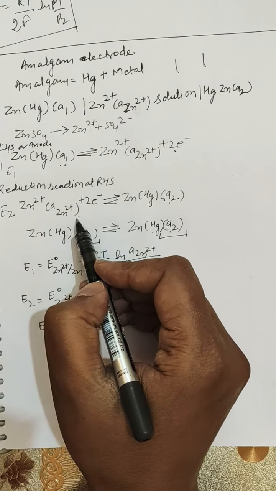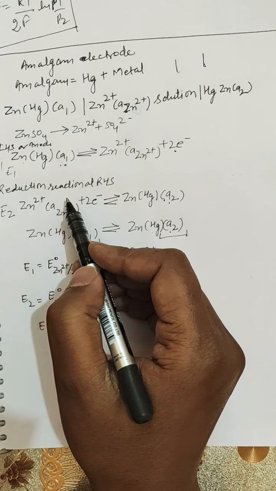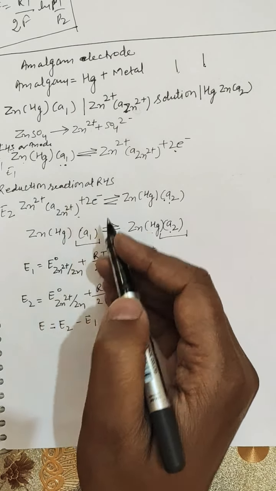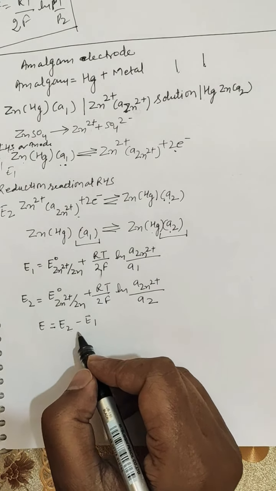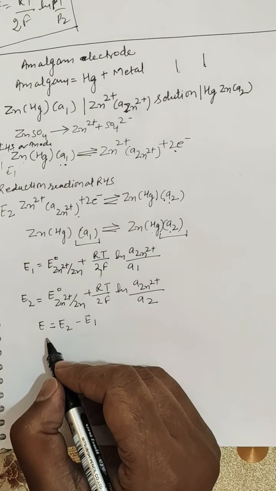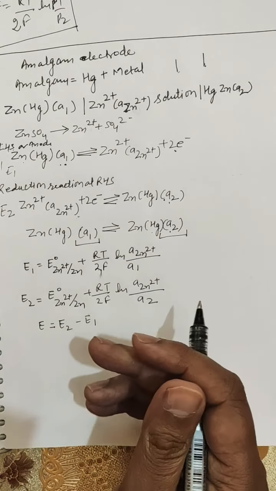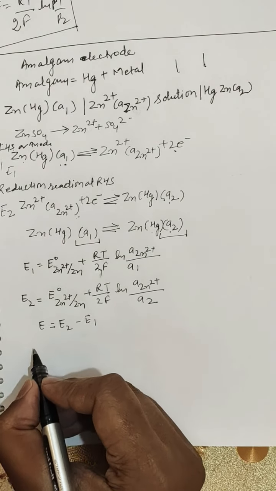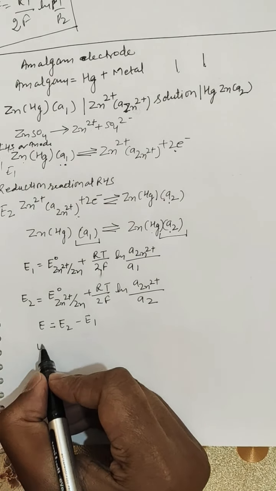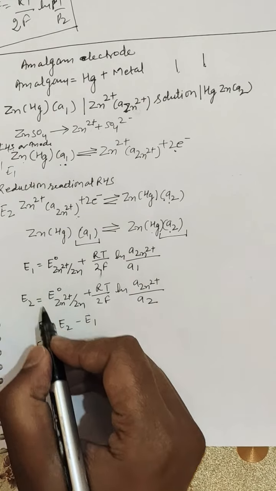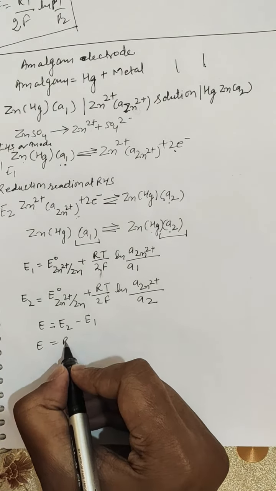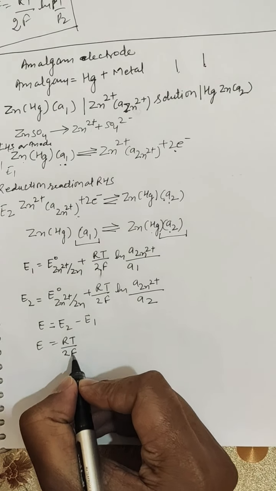This is E cathode and this is E anode, or E of the right hand side minus E of the left hand side. So why are we writing these things? Because this is the rule for the calculation of EMF. So further, after putting these values of respective E2 and E1 from their equations, we can write here RT/2F